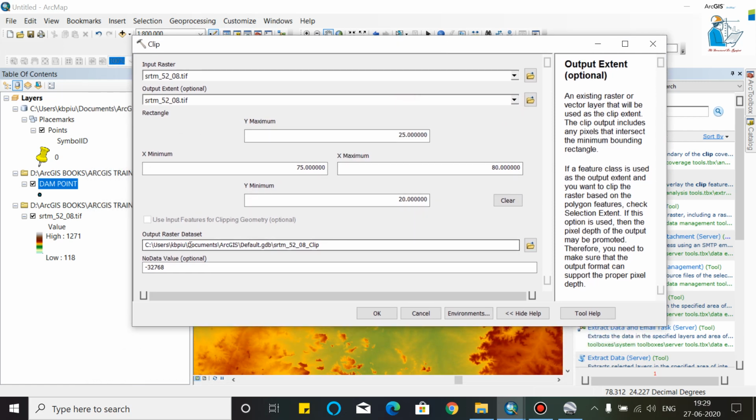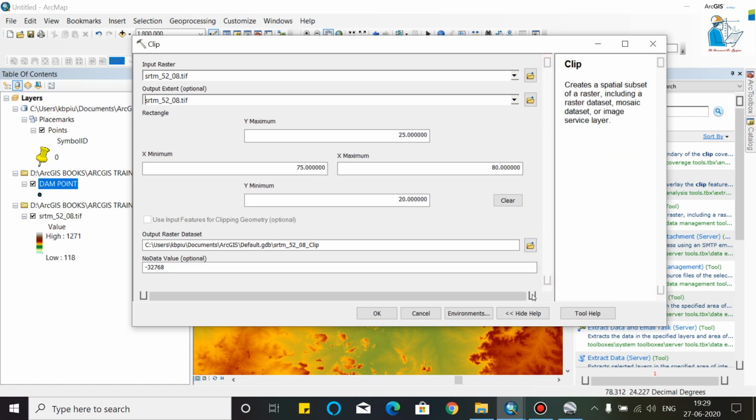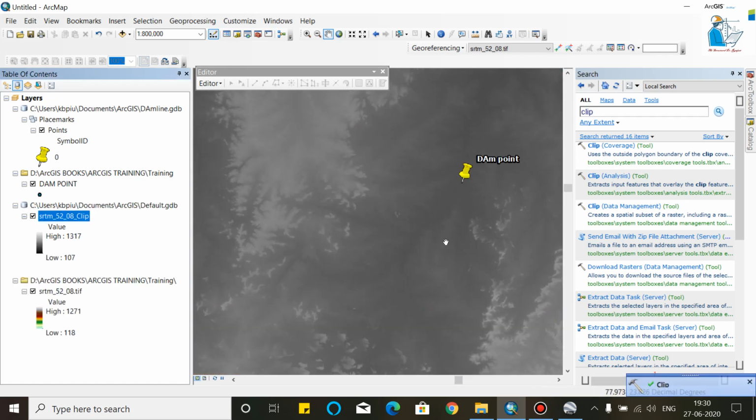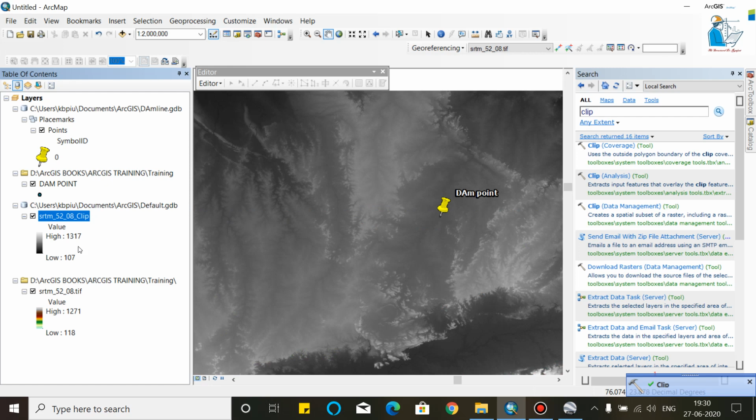This is the output raster. Now the rest will be the same. As your clip function is in progress, you can see your DEM file is now clipped.